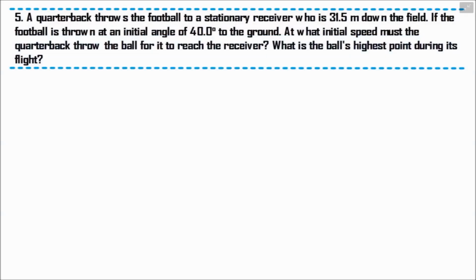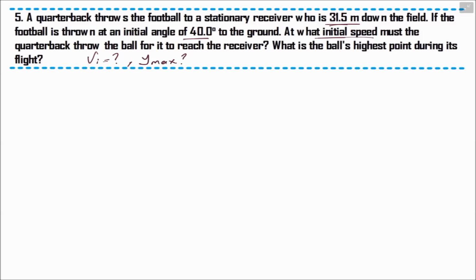Hello, welcome everyone. A quarterback throws a football to a stationary receiver who is 31.5 meters down the field. If the football is thrown at an initial angle of 40 degrees to the ground, what initial speed must the quarterback throw the ball for it to reach the receiver? So it's asking the initial speed. That means what's the initial? What is the ball's highest point during its flight? So it's asking y